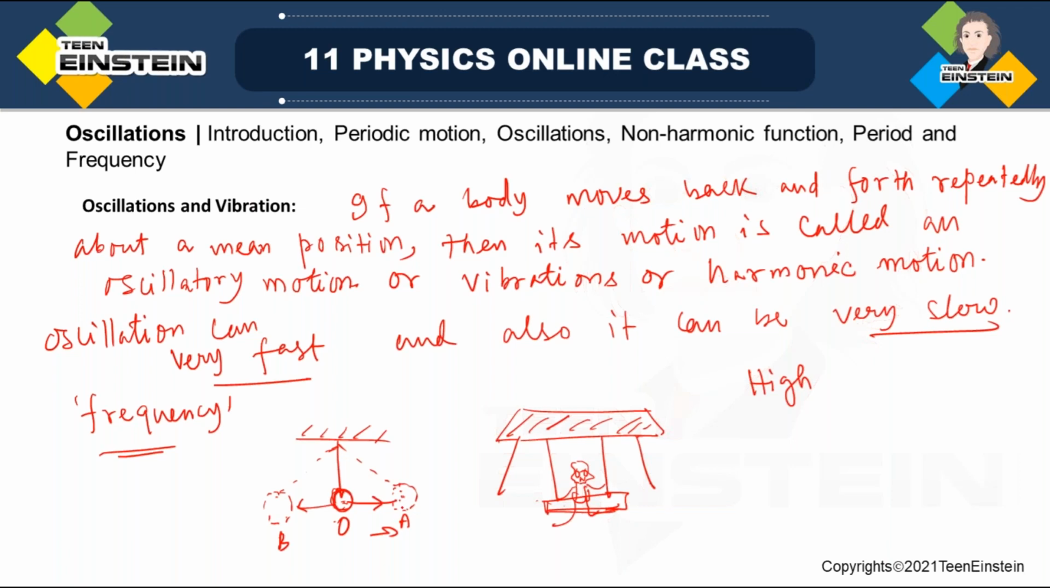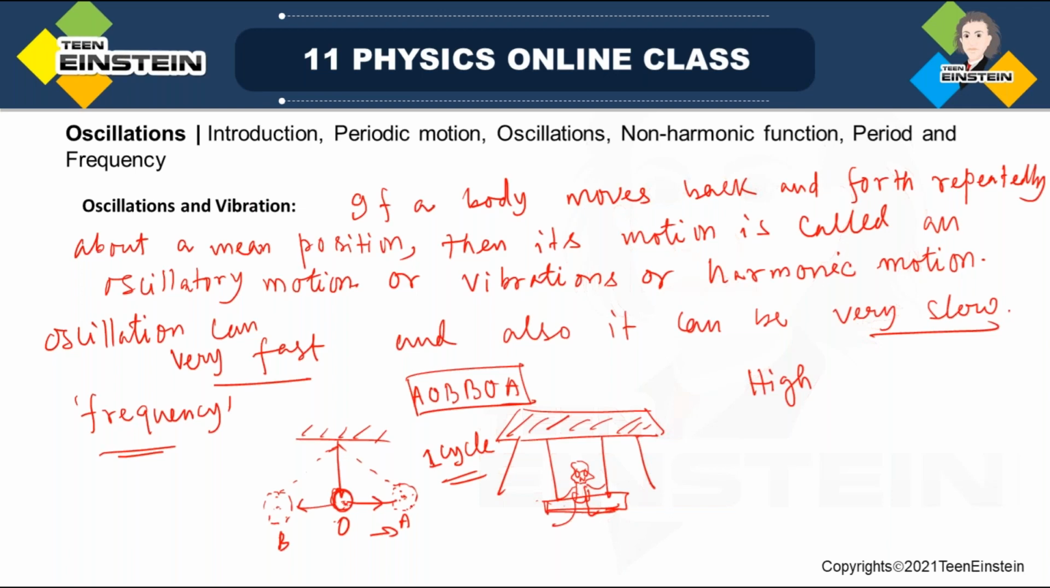We will say one complete oscillation when an object starting from A goes to B, then goes to O, again goes to B, and then comes back in the same path, B to O, O to A. It starts from A to O to B, and then again from B to O to A. So this is called a complete oscillation, or one cycle,